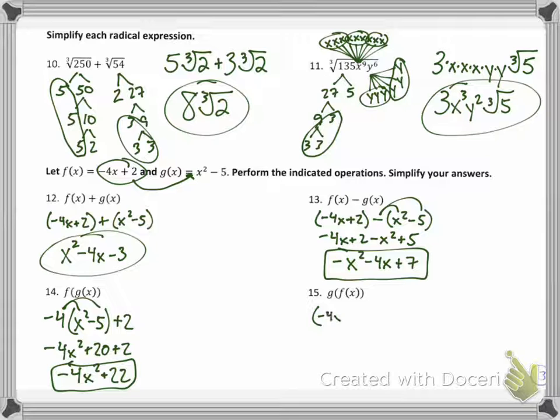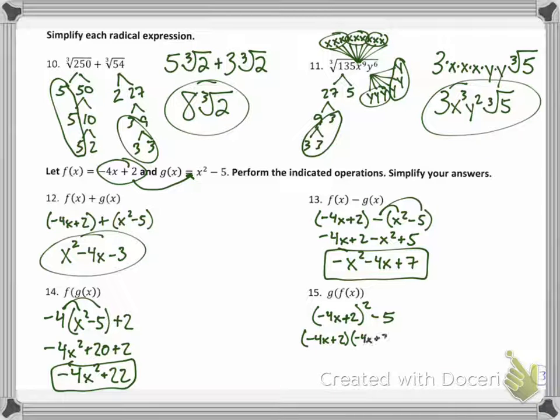So right off the bat, I'm going to plug in 4x plus 2 in the x part of the x squared, and then tack on my minus 5. If you see a function like this, please keep in mind, you can't just distribute the squared to both of those terms because there's a plus sign in the middle. Mathematically, you will not get all the correct terms. So what you have to do is write it twice,